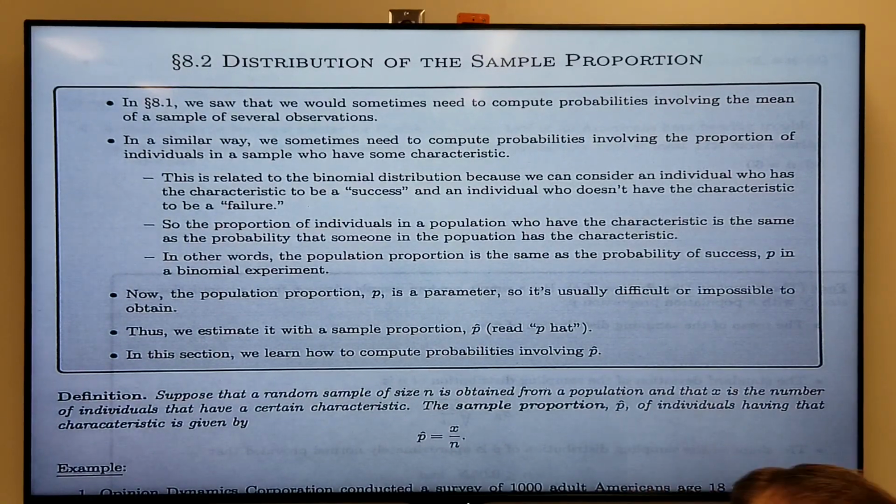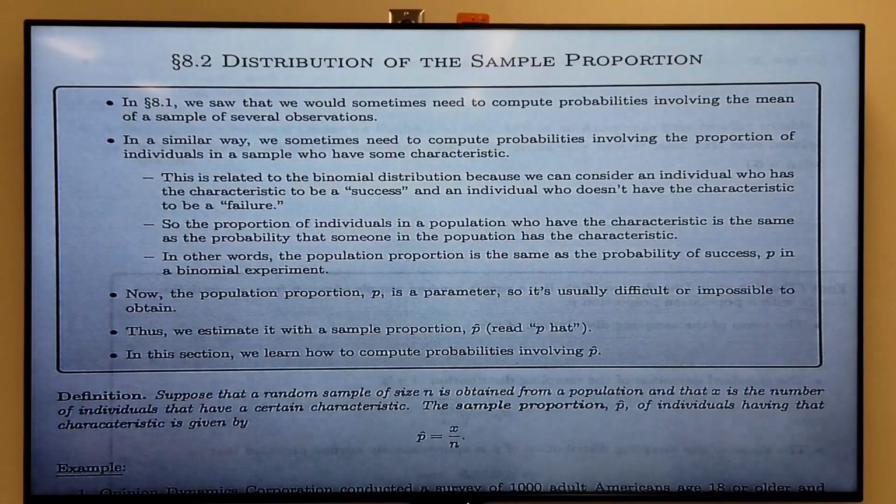We haven't really talked about sample proportions all that much. We have talked about proportions, or in other words, percentages, right? And we've talked about probabilities of success. All of these things really go hand in hand, and they're really all kind of the same thing. So let me introduce you to the sample proportion real quick, and then we'll talk about the sampling distribution of the sample proportion. Okay, so